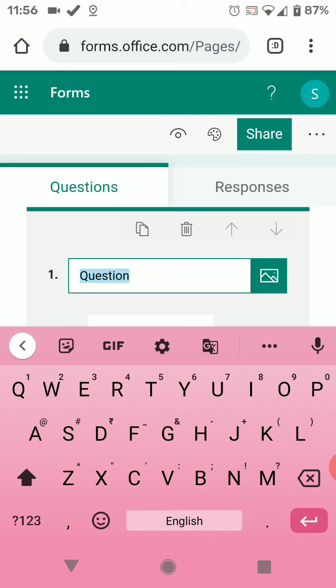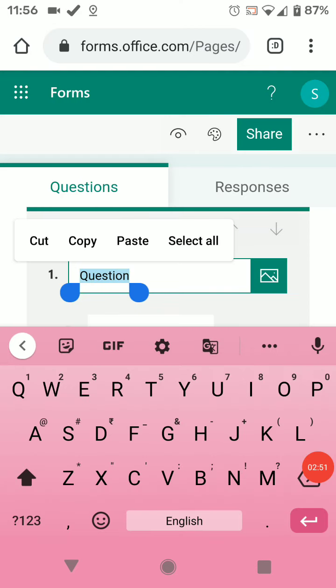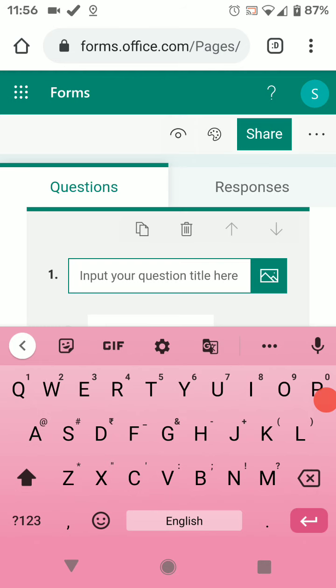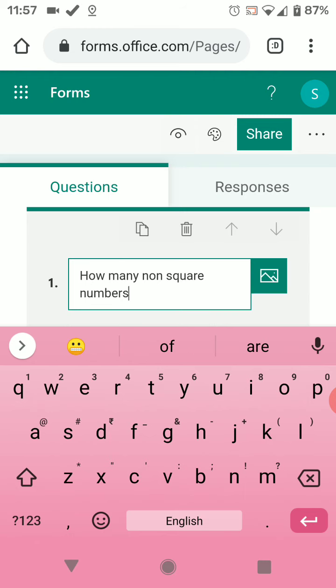So let the first question be, so I'm typing first question: how many non-square numbers lie in between.